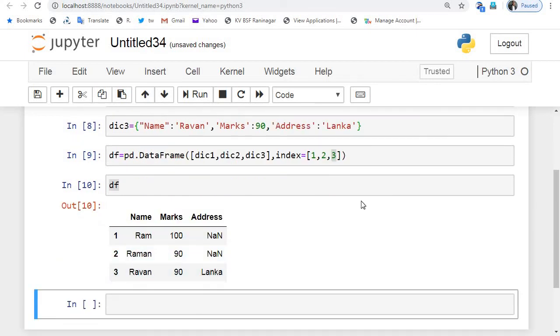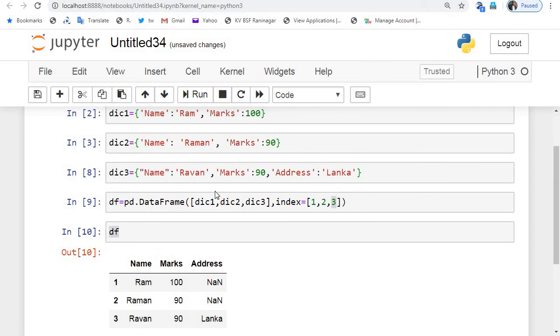When we have created a data frame using a list of dictionaries and the third dictionary had 3 keys, because the column names are being taken from the keys of the dictionaries, the total number of columns is 3.